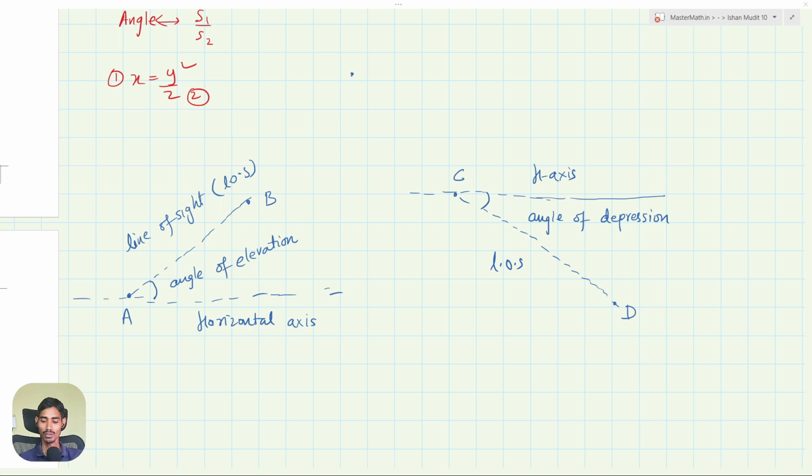Any doubts till now? No doubts. So angle of elevation, angle of depression, and horizontal axis, we have to be very clear with that. Okay. Now